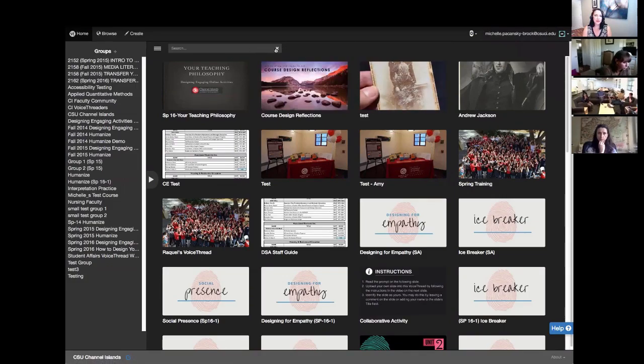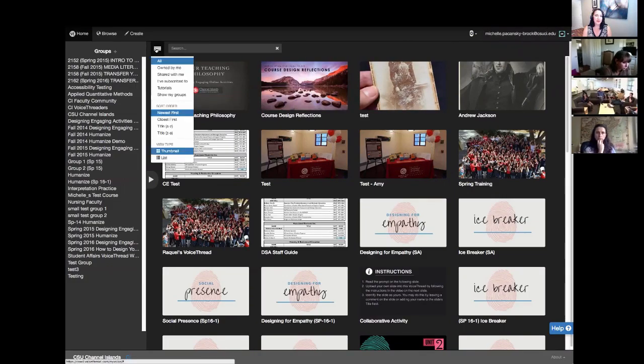You can sort them by the features up here in this icon. You could sort them by newest first, oldest first, and title A through Z or Z through A. So there is a way to sort. Okay. And then you can also just show those that are owned by you, which I know in most faculty